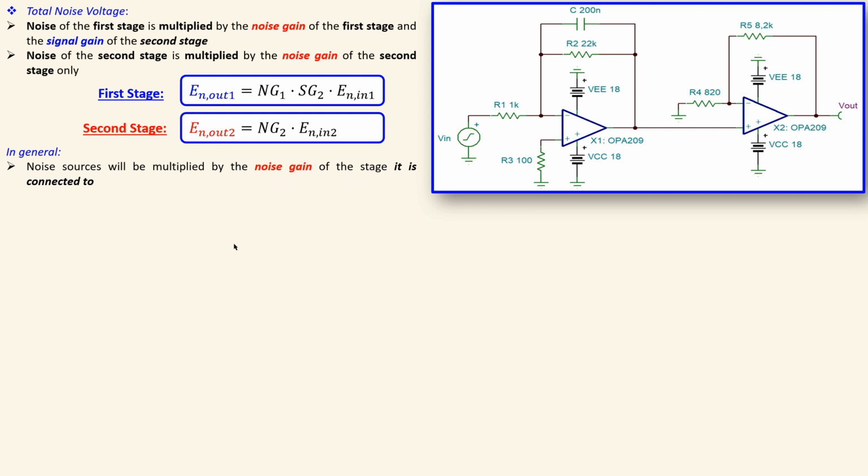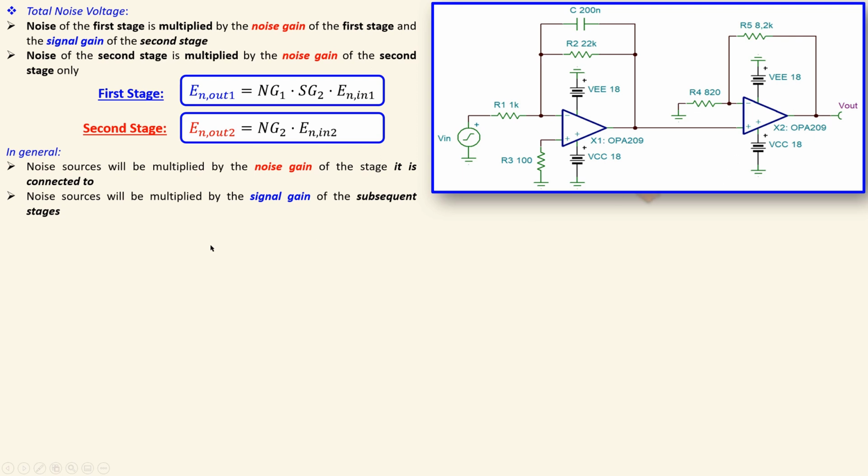If you have multiple stage amplifiers, a noise source will be multiplied by the noise gain of the stage it is connected to, but it will also be multiplied by the signal gain of the subsequent stages. So if you have a noise source here, that will be multiplied by the noise gain of this stage, but it will be multiplied by the signal gain of the next stage,